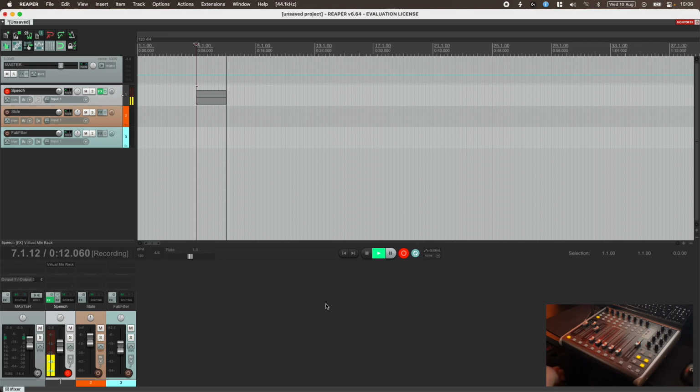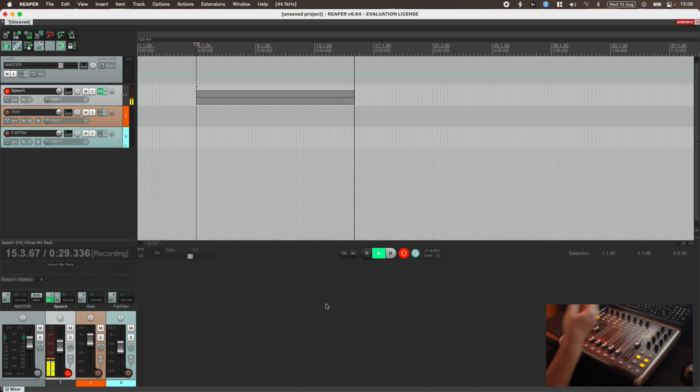Hey everyone, my name is Joe, and I bought the Behringer X-Touch Compact for use within Reaper, because that's just the DAW I've used for the last 10 years. Something I found once I got the X-Touch was it wouldn't work with anything within Reaper. And upon a little bit of research, I started finding that this was a common problem that many people had